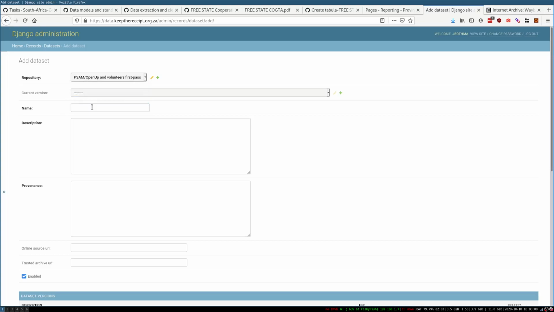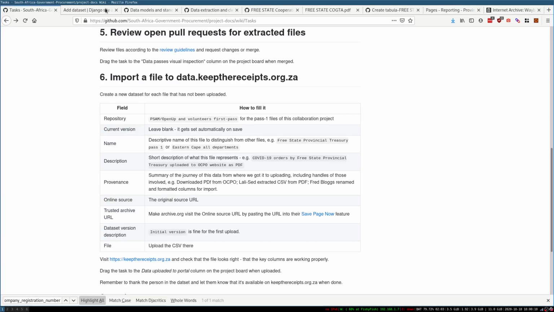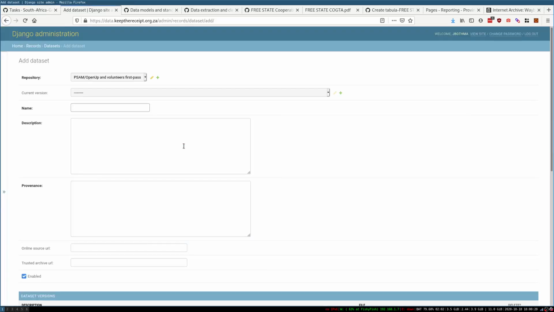So then for the name of the project, I just want to move this closer to the instructions so I can switch back and forth. The dataset name should be descriptive, so something like the province, the department, and first pass would do the job. So this was Free State COGTA. Here I can use the acronym